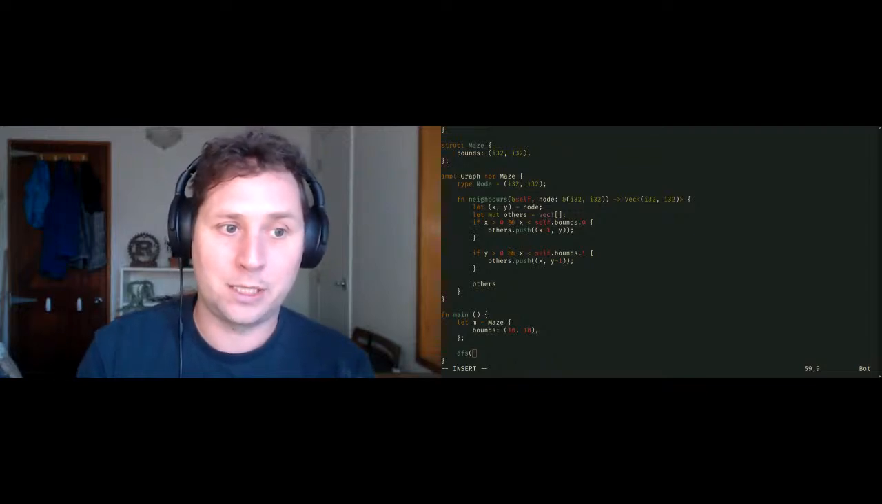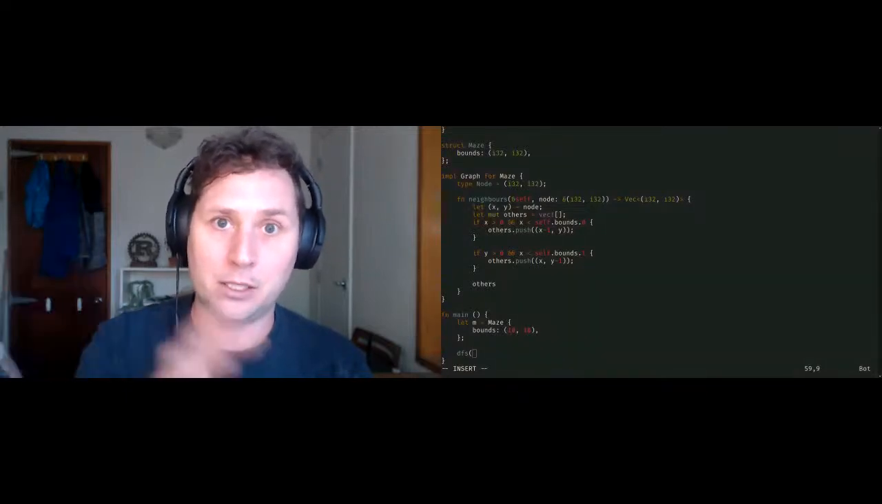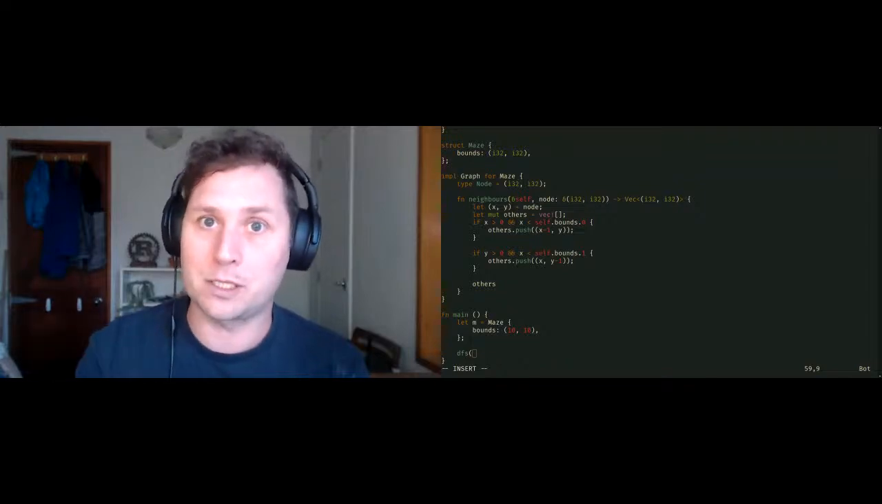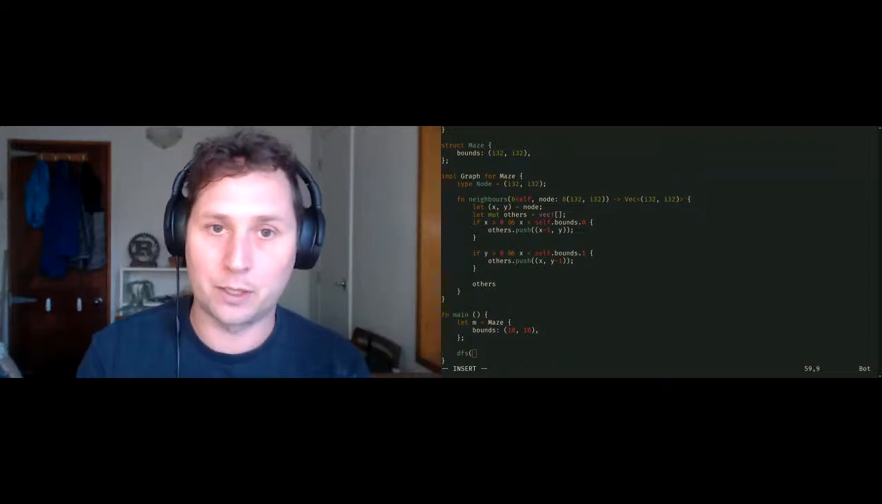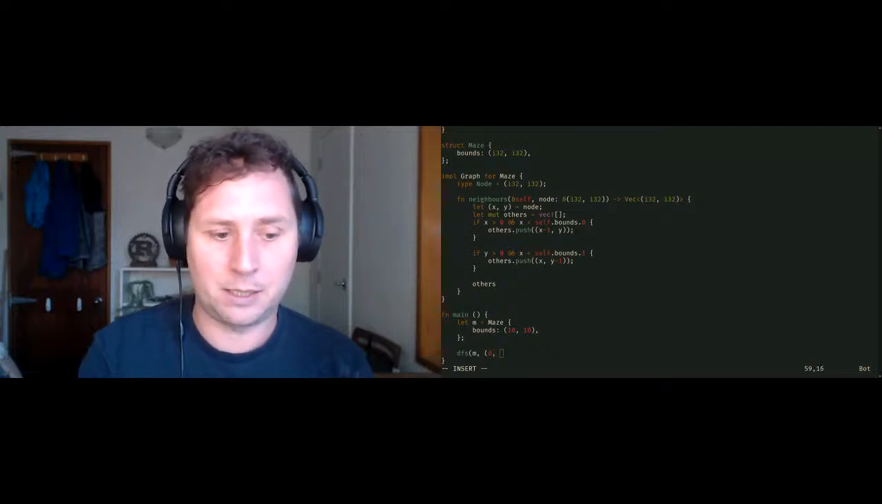And so I've requested that my node type implements Display, because I want end users to be able to see the progress of my nodes going through. Now, in some sense, it's somewhat arbitrary, but